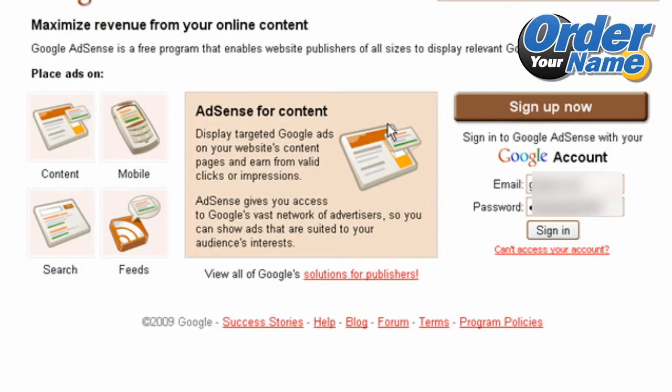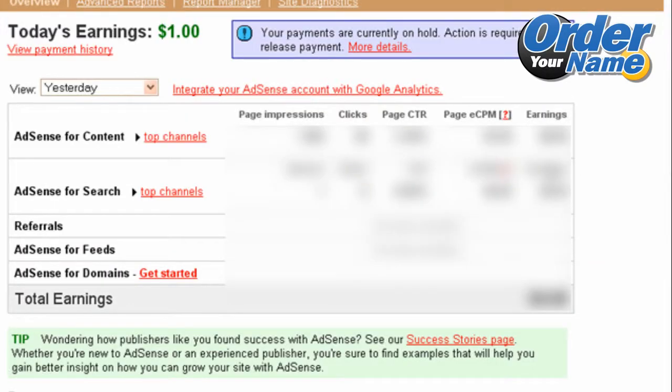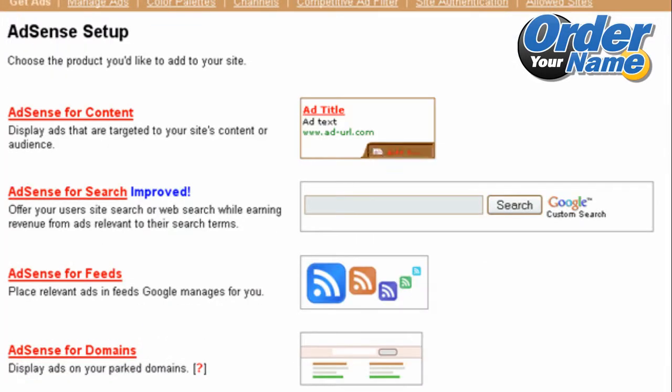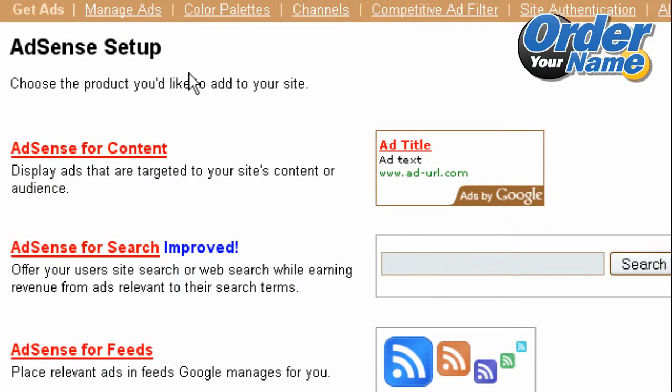Once you have set up your Adsense account, then you can just go to www.google.com/AdSense and then put in your email name and password and sign in to your account. Once you've logged in, just click on the Adsense Setup tab. And then you'll see a screen here that asks you to choose which type of Adsense ads you want to